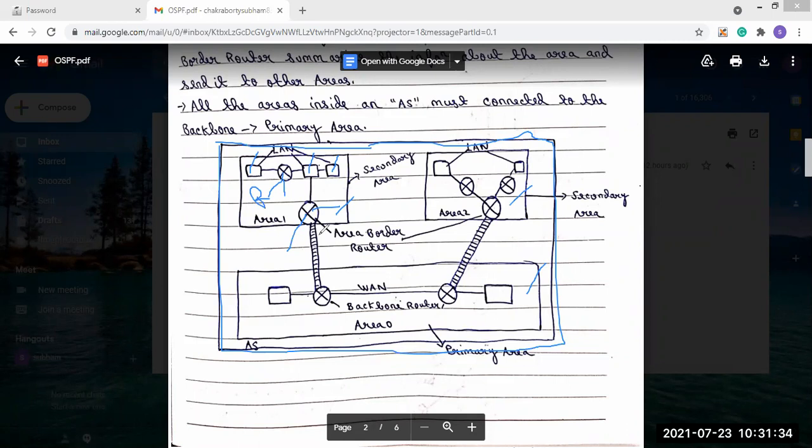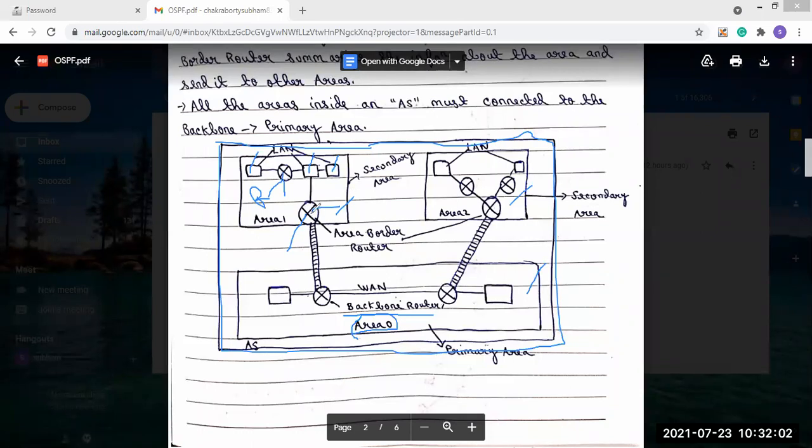In this area, the backbone exists. Here you can see this area 0. We have declared this area 0 as the primary area, and inside this primary area there will be the backbone router present. You see, this is the backbone router.